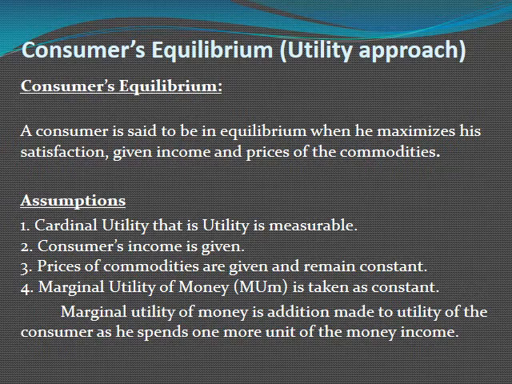As we talk about the marginal utility of money, that means the utility derived by spending one more unit of money. So how can we measure this marginal utility of money? It is actually the utility derived from the consumption of a commodity which a consumer can purchase by spending a rupee, that is, by spending a unit of money. Let's move forward.